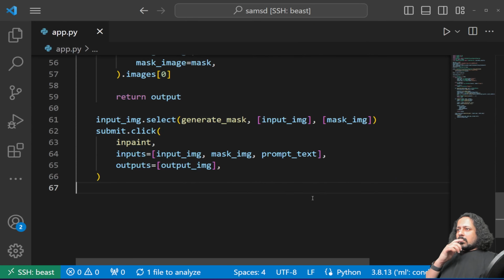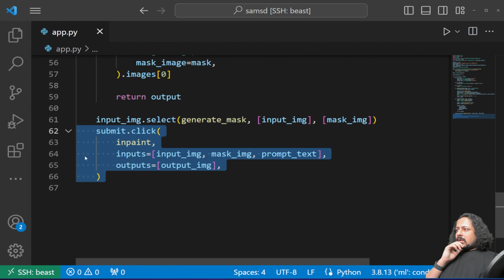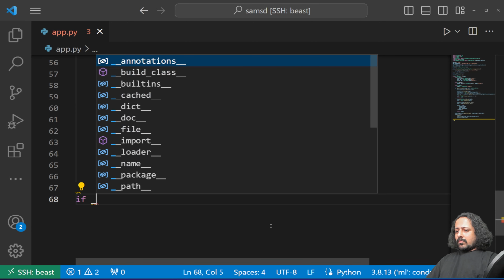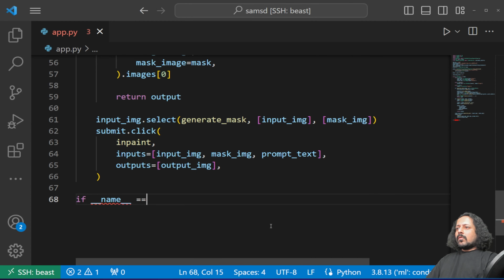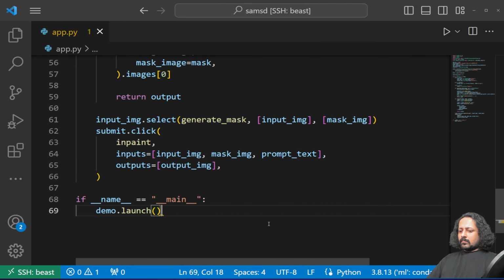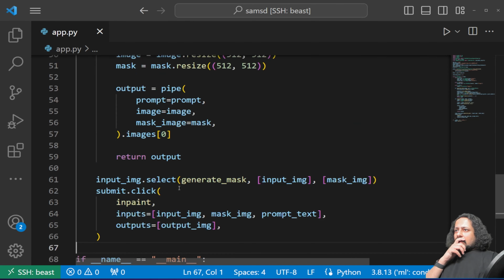Okay, so far so good. And now to launch the demo, if name equals main, you can just launch the Gradio demo using demo.launch. Okay,